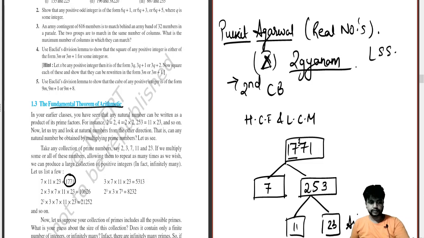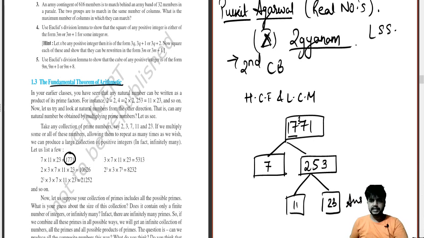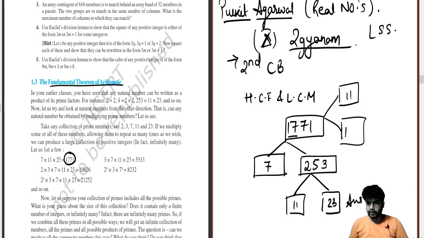This is your answer. First of all, understand this thing: your answer has completed over here. Now we have to understand how the process is going on. Let's see over here. Remove this 3. Like a student says, sir, I did this sum and I got the first factor as 11. So you can do it this way also. A student says, sir, I got an 11 over here, so you can write it like this. This will be 161, and then it will be 7 and 23. You can do it in this way also.